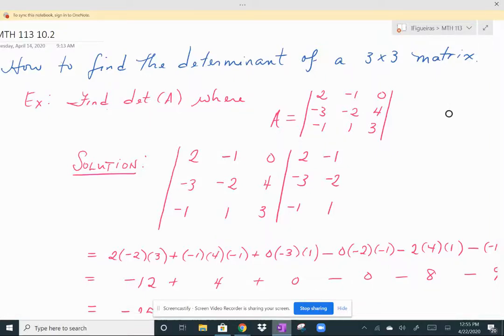Hi, in this lesson, we're going to learn how to solve three equations with three unknowns. And we're going to do this by Cramer's rule as well as elimination. But before I can show you Cramer's rule, I have to show you how to find the determinant of a